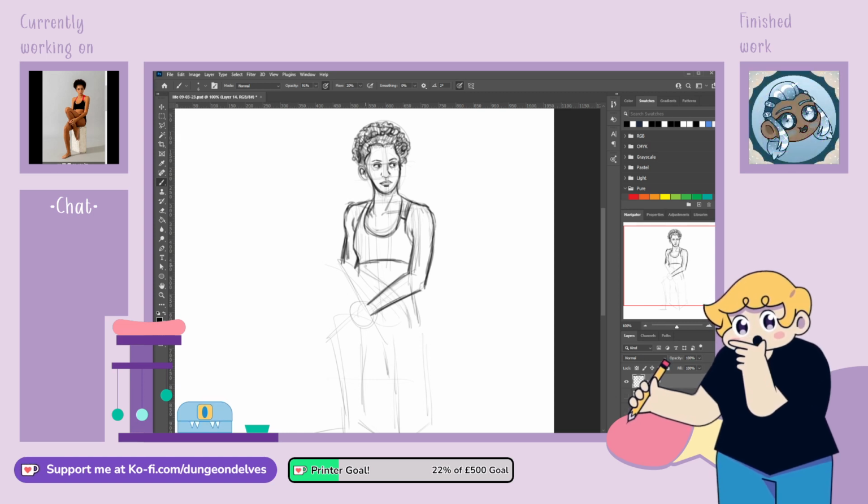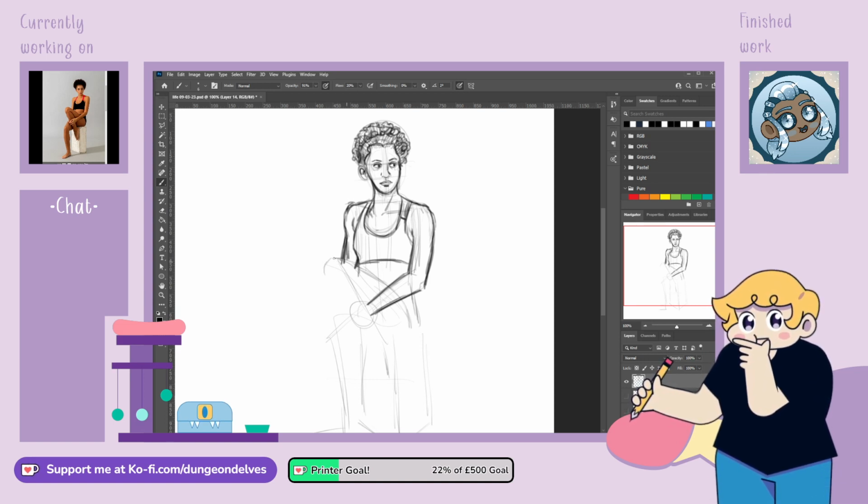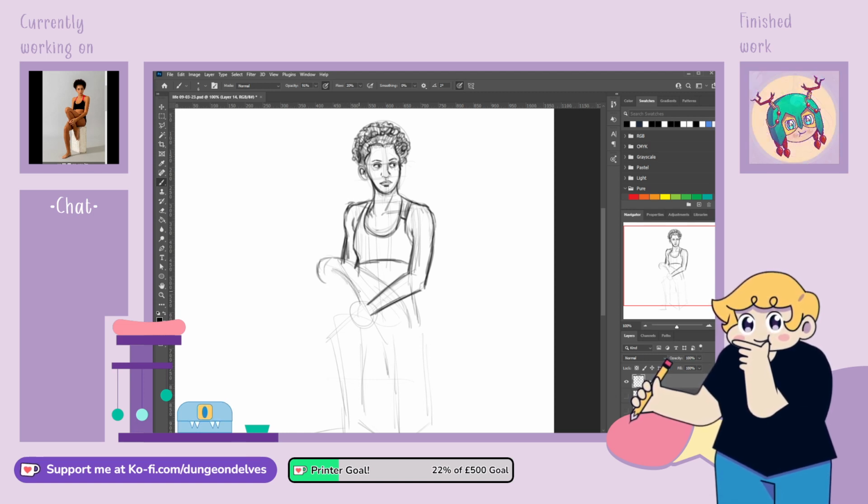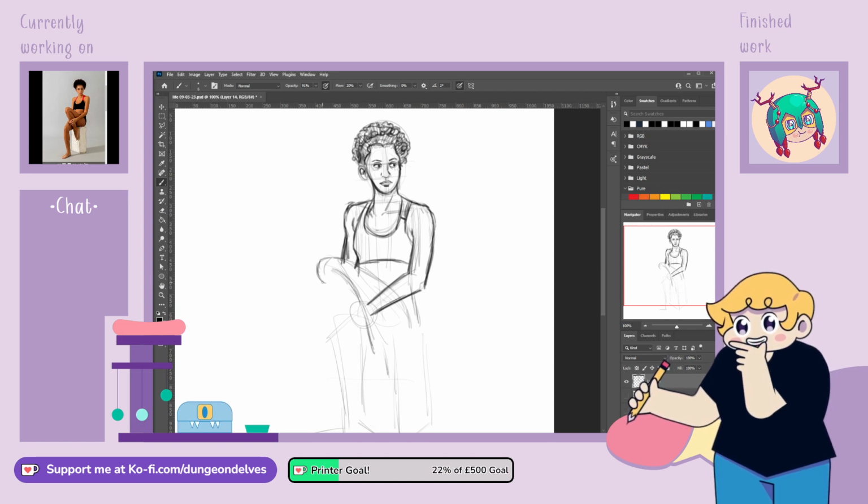This still looks okay. It's the top of the leg. And then this comes out a bit more than probably what I anticipated. And I think the rest of it's okay.